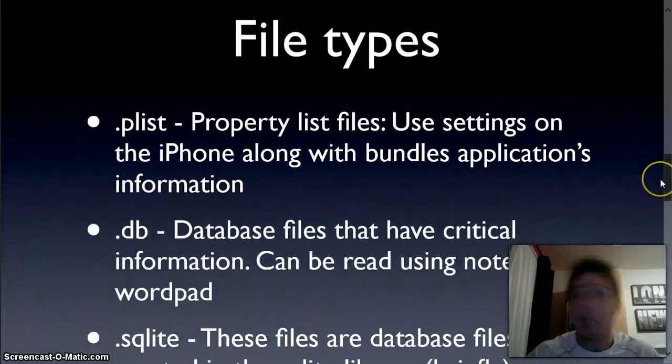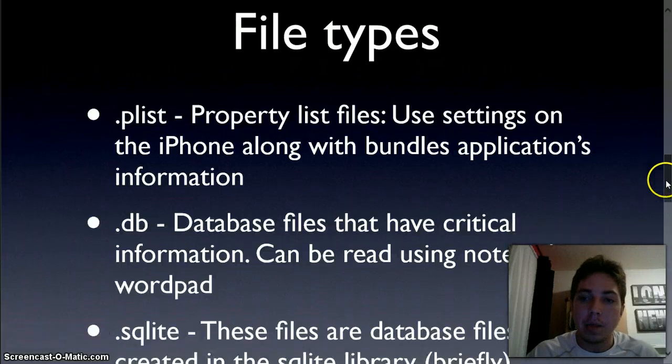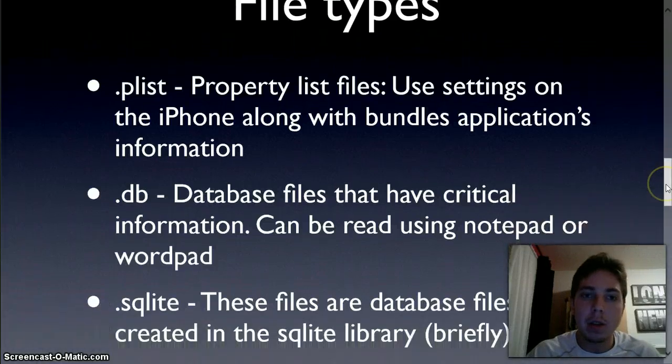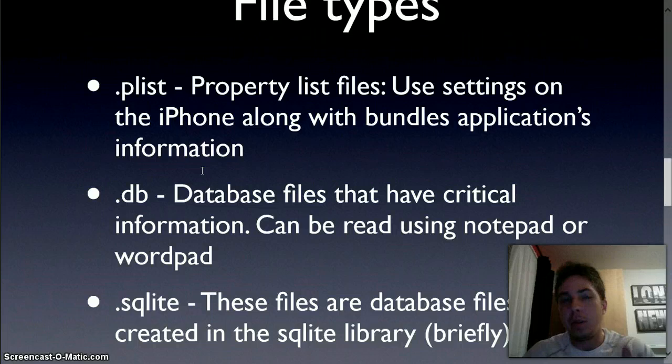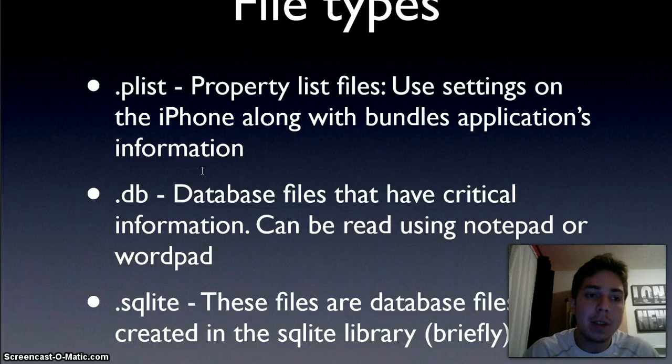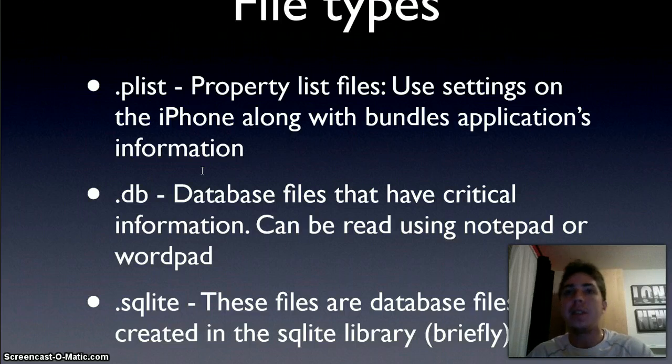The file types that we're going to be taking a look at in this presentation are three. Well, I'm gonna get you to three, but there are many more. The first one is gonna be plist, which stands for property list files. This kind of file holds settings on the iPhone along with bundled application information. In other words, it may contain information from the apps. The second one is gonna be DB, which stands for database files, and these database files have critical information